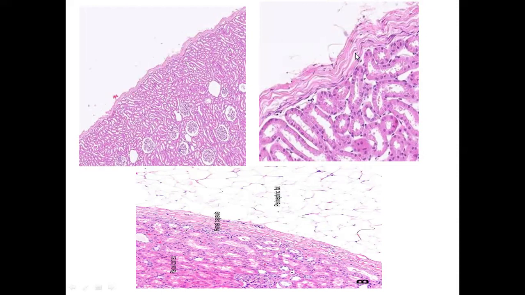If you have a look at the gross specimen of the kidney, the capsule appears as a shiny, thin sheet covering the kidney from outside. If you still haven't observed it, next time during the slaughtering process, try to observe the kidney from outside. You will find that a healthy kidney has a shiny capsule, a very thin shiny sheet covering it outside. And in the lowermost micrograph, the renal capsule on the outside is covered by the perirenal fat, which is present around the kidney.